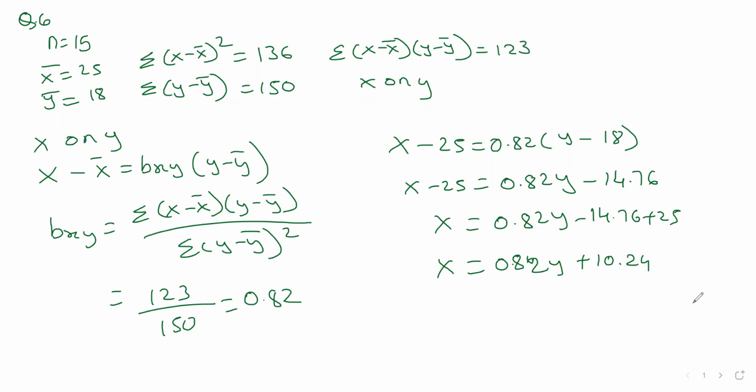And with this, we have also finished with exercise 3.2. All the sums are done. And now from the next time, we are going to do interpretation of regression lines. What are regression lines? How to find out which one is x on y, which one is y on x, how to find out bar x and bar y, all these things we'll do.